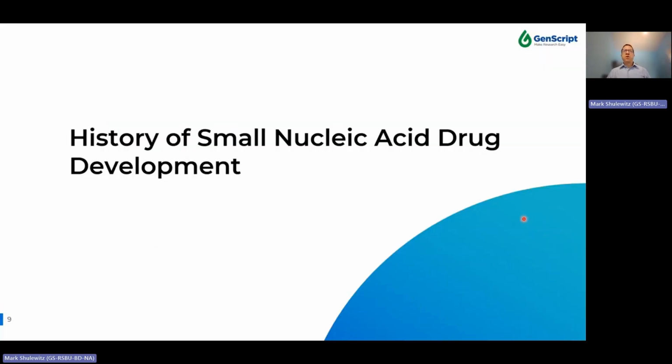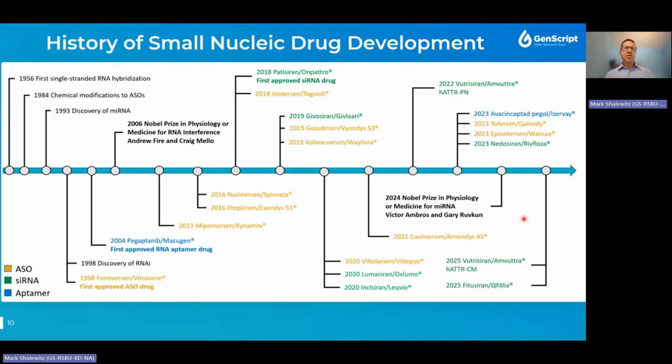Now that we've introduced small nucleic acid drugs, let's take a quick look at the history of small nucleic acid drug development. This figure shows the history, starting in 1956 with the development of RNA hybridization and extending all the way to modern day. Some of the important advances along the way include, in 1984, the development of chemical